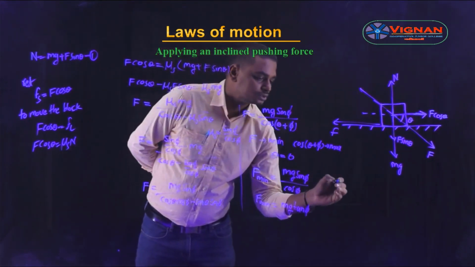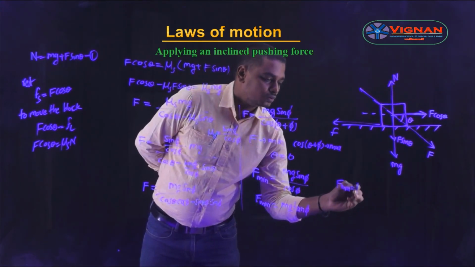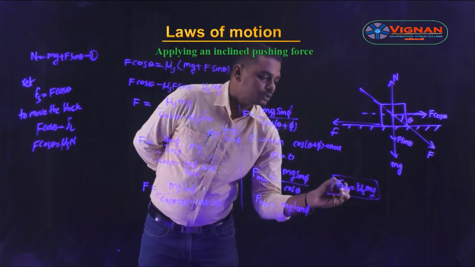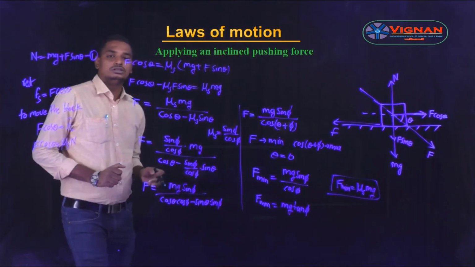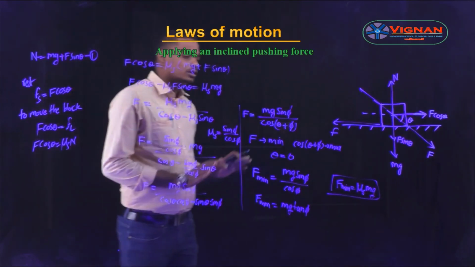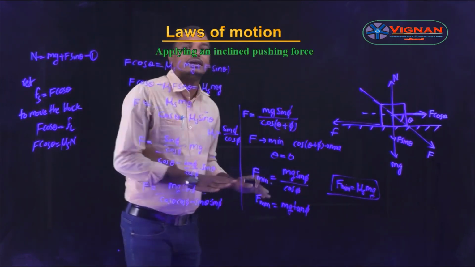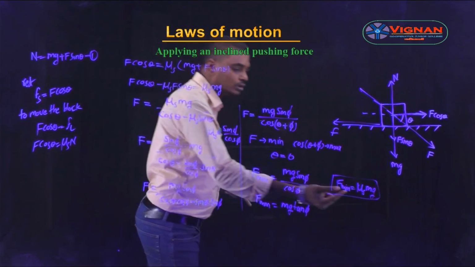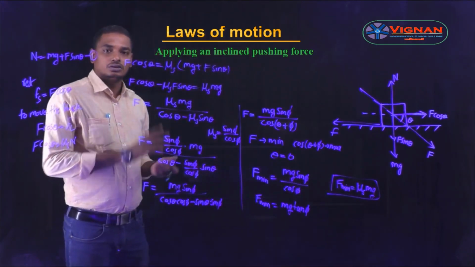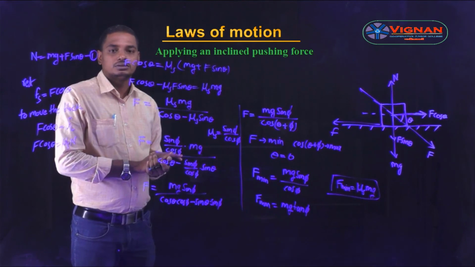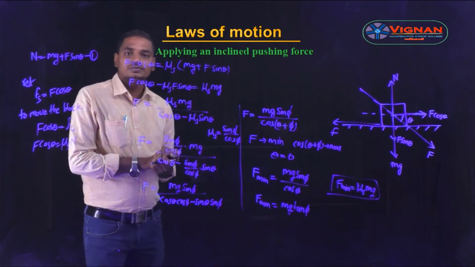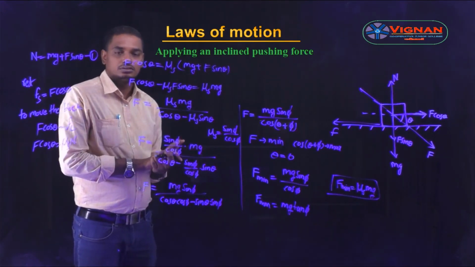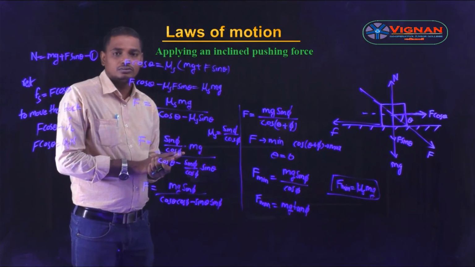The minimum force F minimum is equal to mu s into mg, and the angle theta should be equal to 0. For a pushing force, for the minimum force to be applied, the value of theta should be equal to 0 and the minimum force should be equal to mu s into mg. So this is how we solve the problems. These are some of the applications where we come across how to use friction and how to calculate the equations. Okay, hope you understand well. Thank you for watching the video.